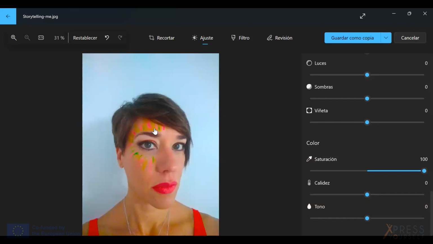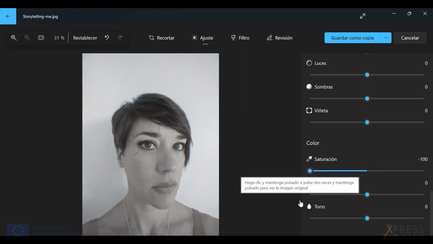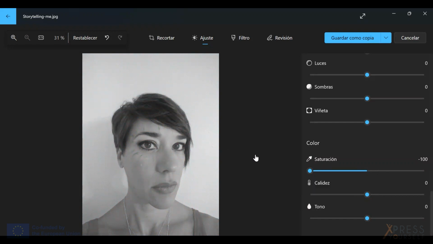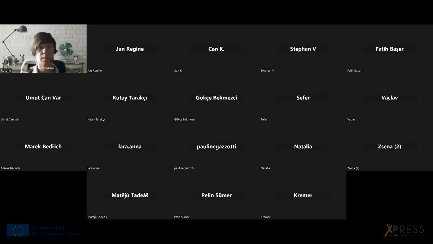You see now the red, the yellow, the green, and then you see also the orange of the dress. And then if I do the opposite, if I decrease the saturation, you see the picture turns into black and white. There's no colors, just lines and shapes. So, back to its normal color. And then back to the presentation.